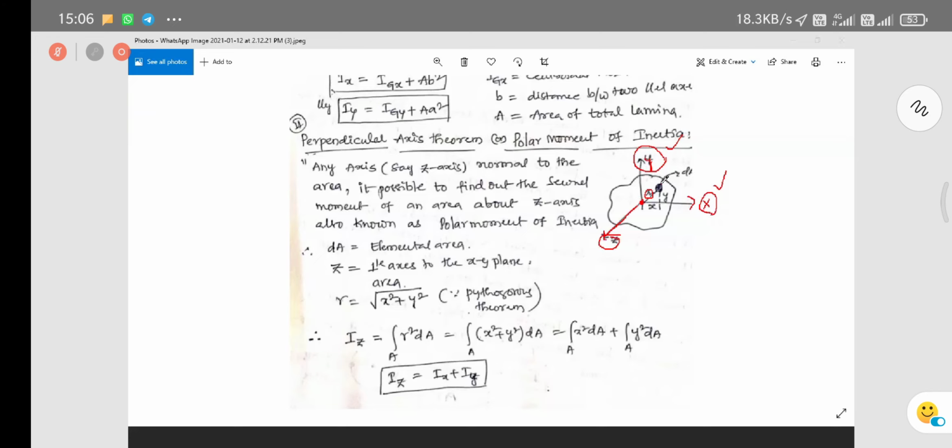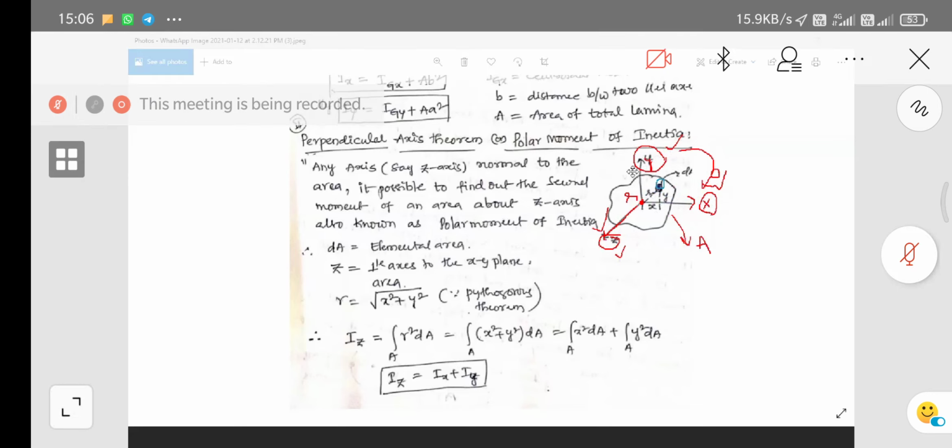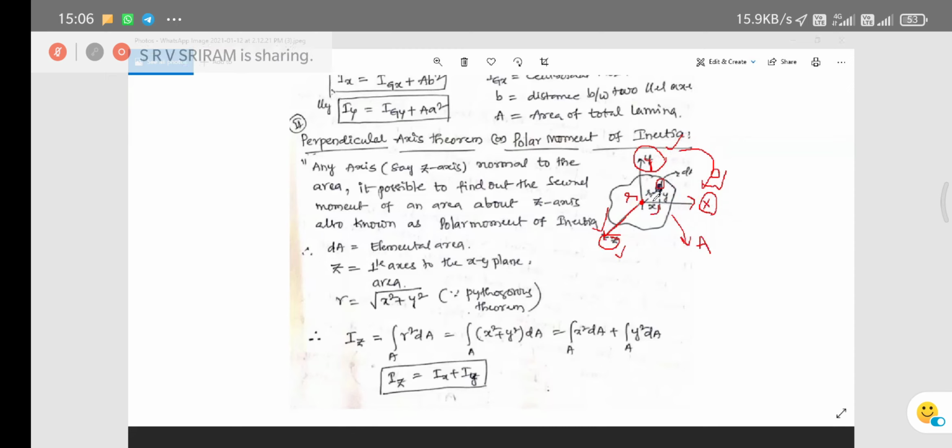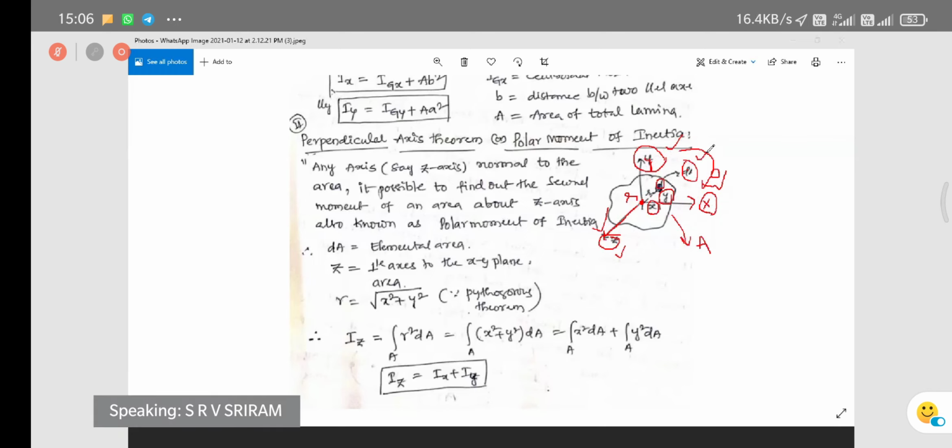See here, I have taken a differential element as dA, and the total area of the lamina is A. If I want to find the moment of inertia about the axis perpendicular to this plane, with x and y axes and z as the mutually perpendicular axis, then small r is the perpendicular distance. x is your horizontal distance and y is your perpendicular distance for the centroid where we have assumed our differential element.